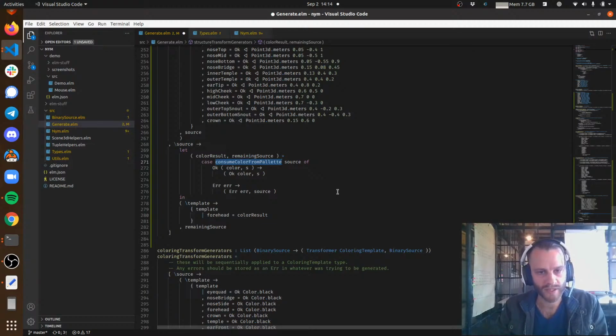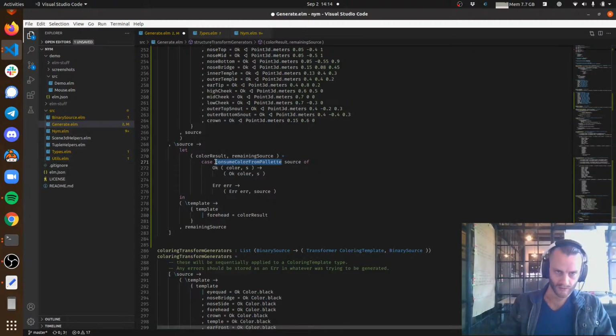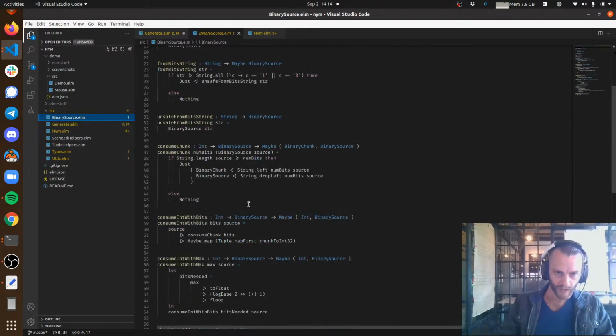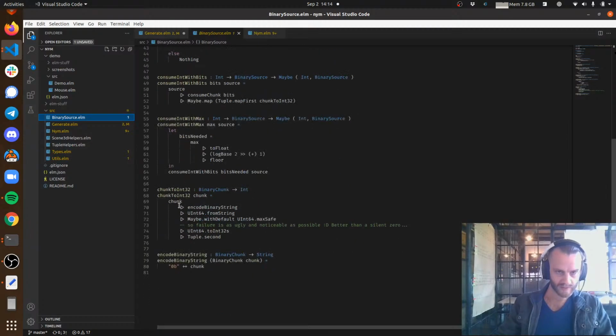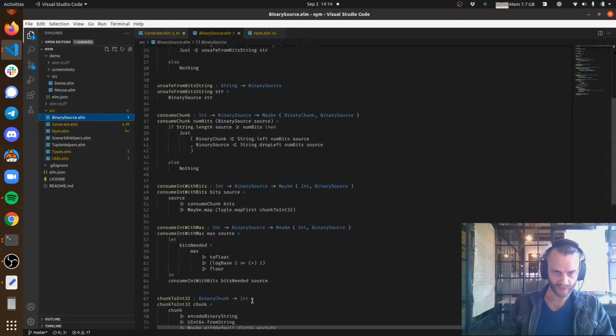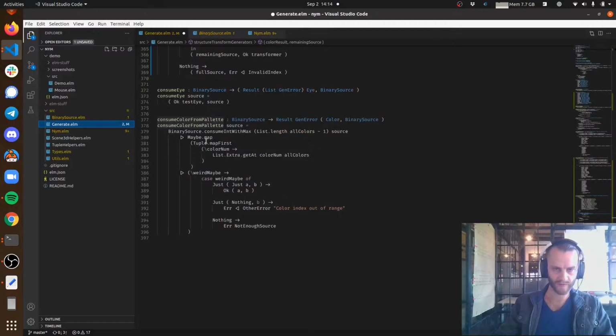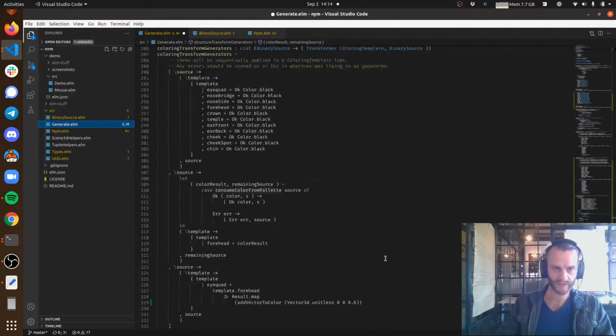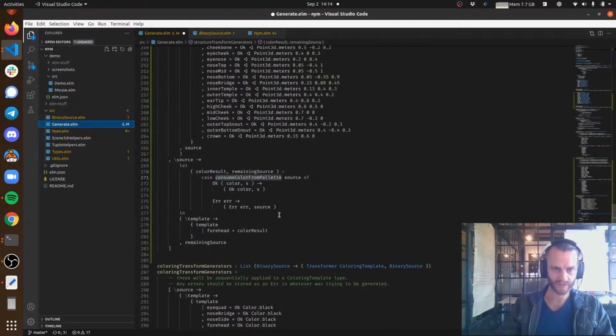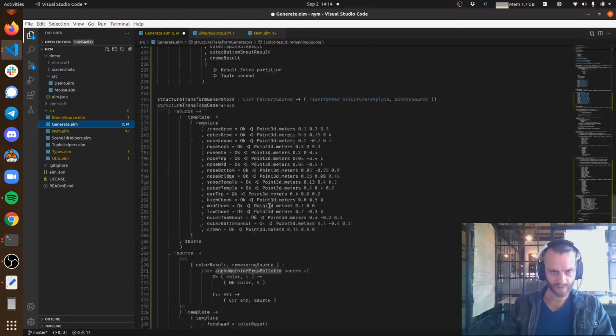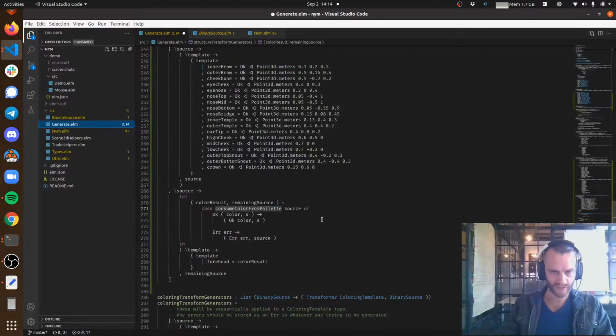I'm just thinking it might take a little bit more work to get that to work because I don't have that function yet. I have consume int, but that's about it. I haven't really done much else. And then I have a consume color from palette, but I don't really have a consume point yet, which is what I want. But maybe just for quick demonstration purposes, I can